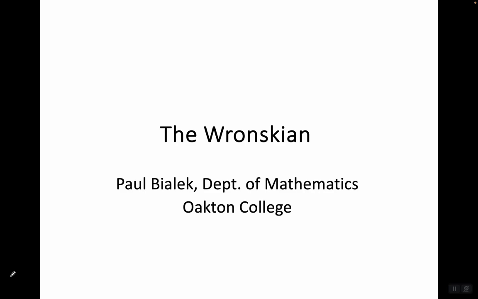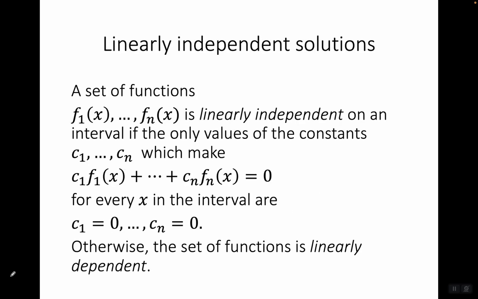Let's talk about the Wronskian. First, a review of the definition of linear independence. A set of functions f1(x), f2(x), up to fn(x) is linearly independent on an interval if the only values of the constants c1, c2, up to cn which make c1 f1(x) + c2 f2(x) + ... + cn fn(x) = 0